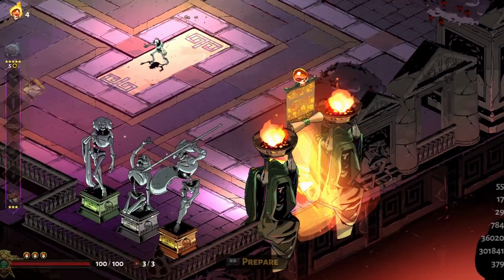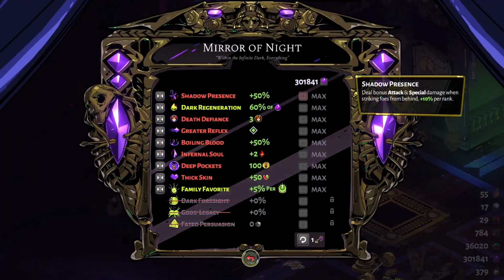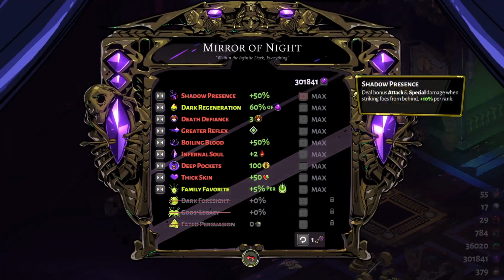Routine Inspection will disable the bottom 3 mirror upgrades for each 2 heat that you put into it. Even the first level of Routine Inspection is devastating if you've unlocked the bottom of the mirror already, since losing Fated, Persuasion, or Authority, God's Pride or Legacy, and Dark Foresight is a real kick to your ability to gain